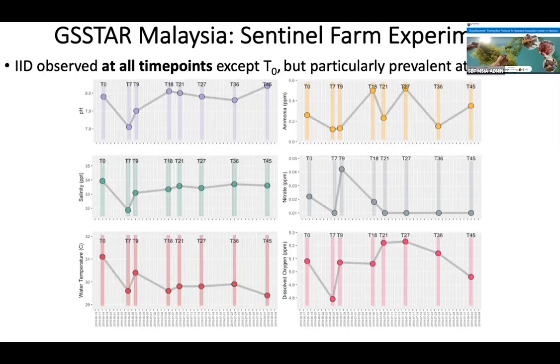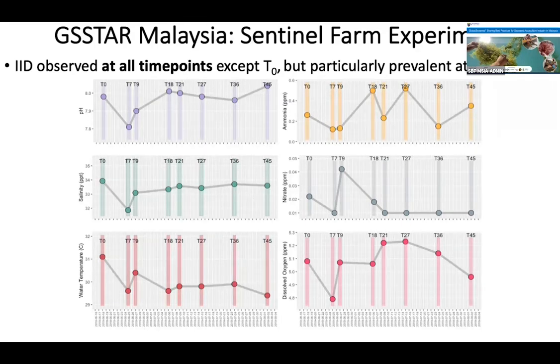And also we had a lot of problems with turtles grazing on our cultivation lines during the experiments. So looking at the measurements taken of the environmental parameters across the experiment, we can see that there was some fluctuation, particularly between the first day of the experiment and the first sample collection on T7, though it should be noted that, especially for the nutrient and pH measurements, these are actually very, very small and certainly well within normal